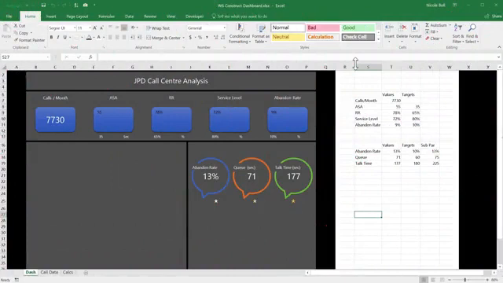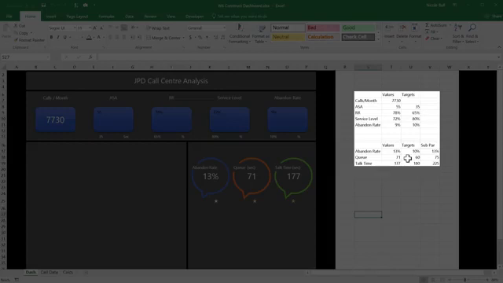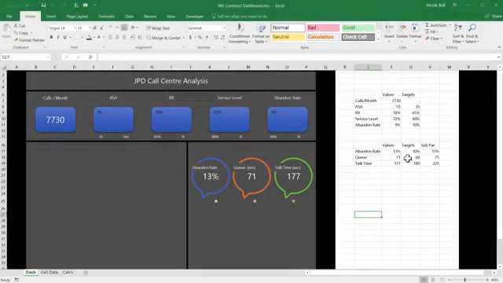Alex has now completed the calculations and pulled through the additional values that he needs. He's now ready to start constructing the dashboard in earnest. And in this video, we're going to look at some tips and tricks for working with graphical elements in our dashboards. To begin with, we have the values we need in these shapes, but when we add a value to